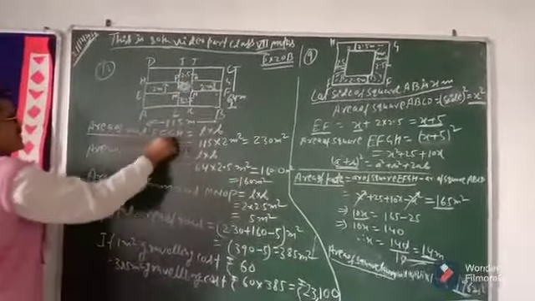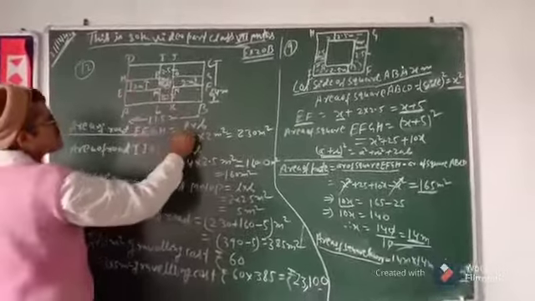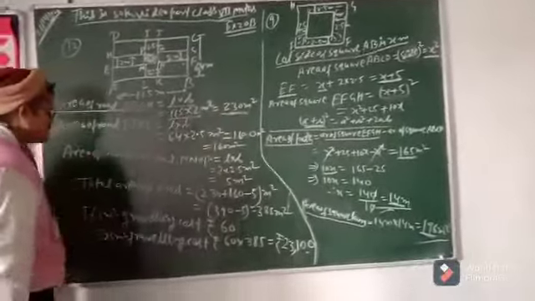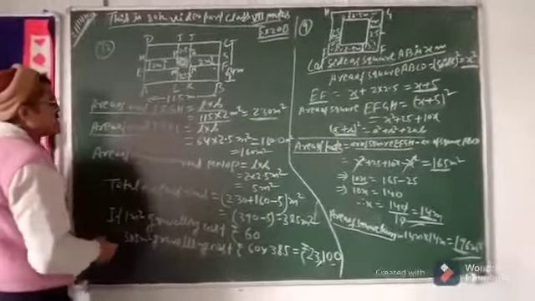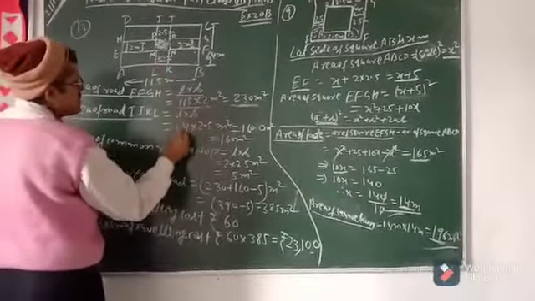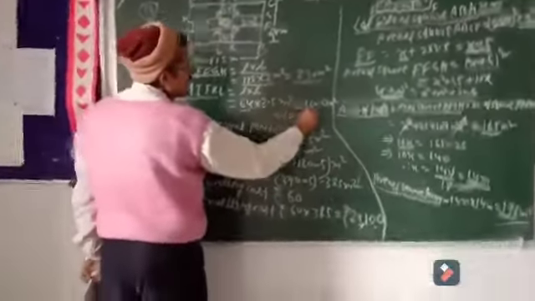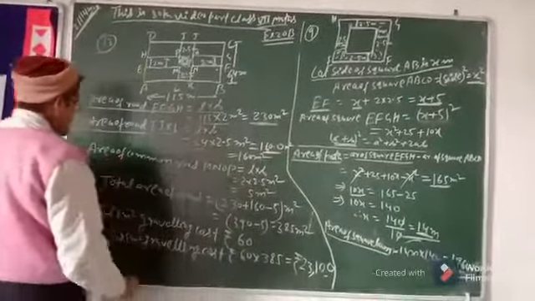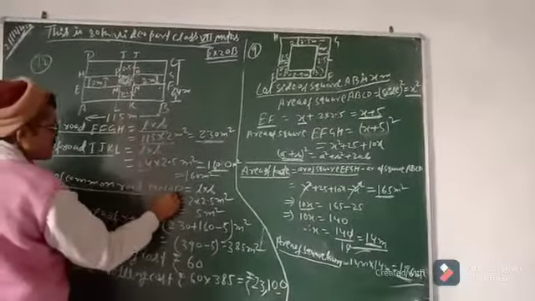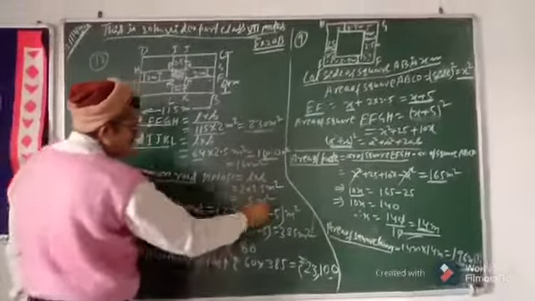Now area of the road EFGH is equal to length into breadth, 2 meter wide, so L into B, 115 into 2, so we get 230 meter square. Area of road IJKL, parallel to breadth, so L into B. So breadth is 64 into 2.5 meter wide. So we get 160 meter square. And now area of the common road. This is the common road. So MNOP is equal to L into B, 2 into 2.5 meter, so we get 5 meter square.